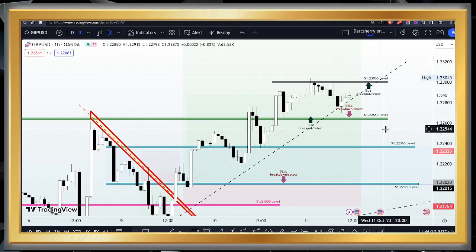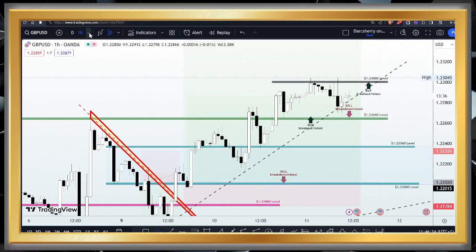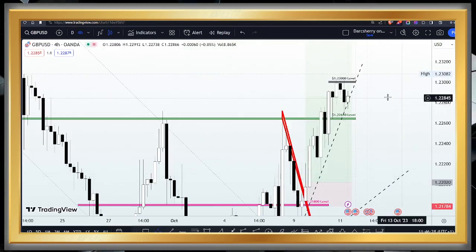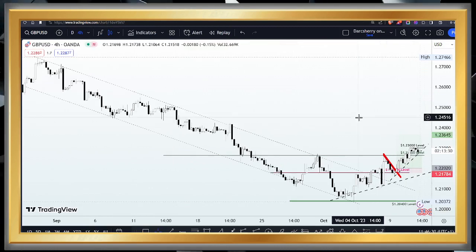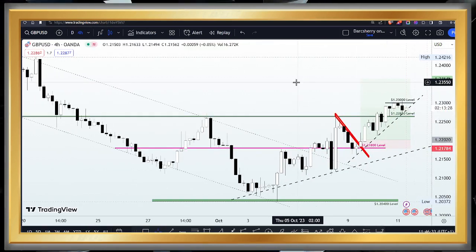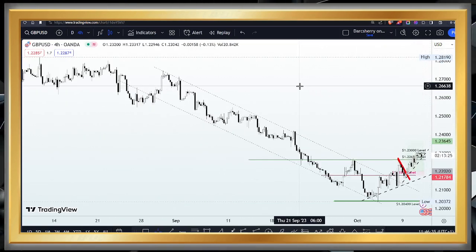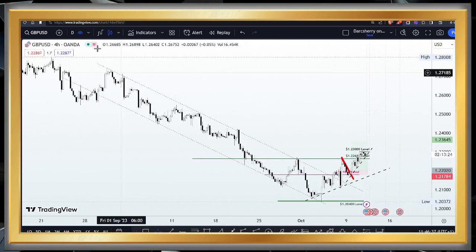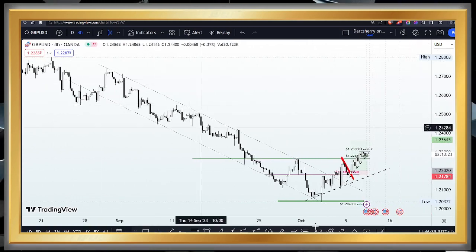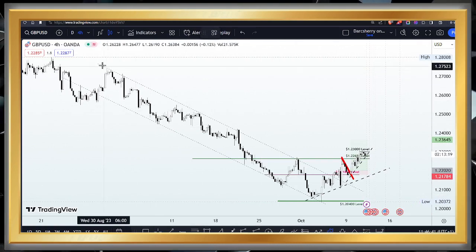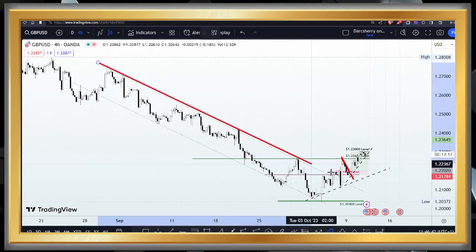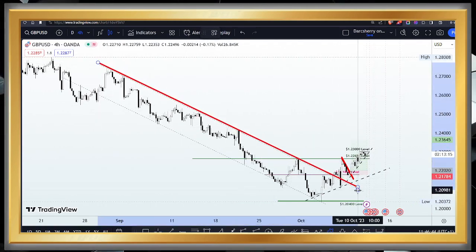Now, before I go deep into what we are looking at for today, I would like to refresh our memories on what we saw on the 4 hours time frame before we go into the details here. Now, on the 4 hours time frame, I would like to emphasize that we talked about the bearish momentum, and in fact we went ahead to acknowledge a descending channel that had been guiding this bearish momentum.